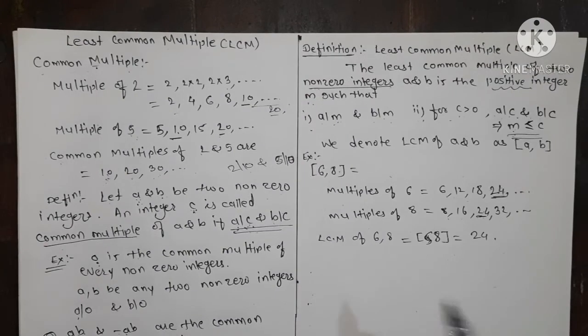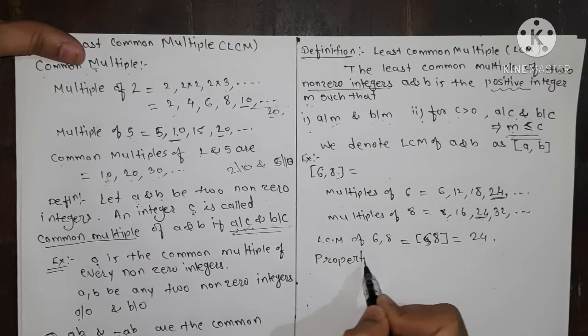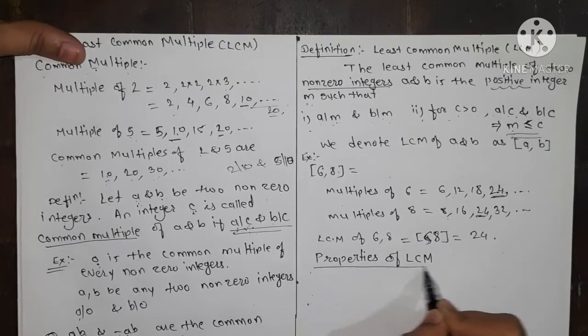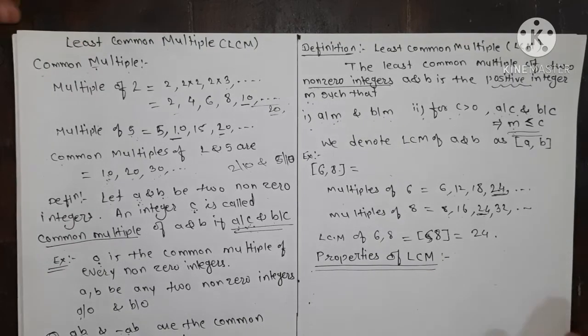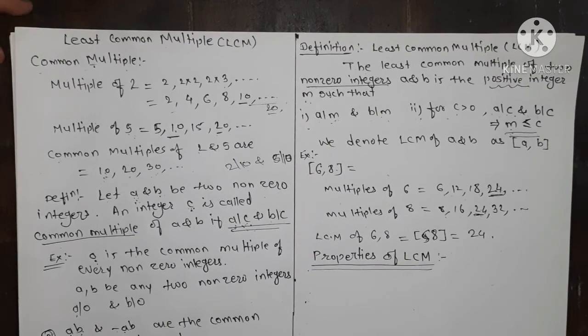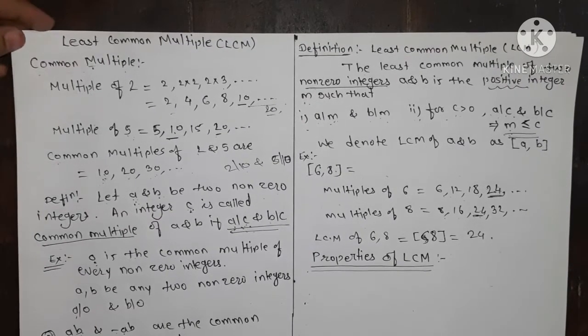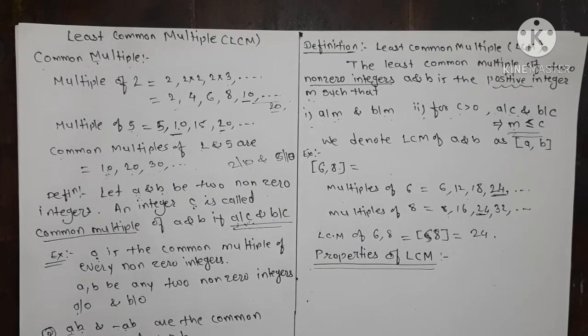And now we see the properties of LCM. The properties of the least common multiple are nothing but the results on the least common multiple that we use to solve examples. Okay, so the first property is,